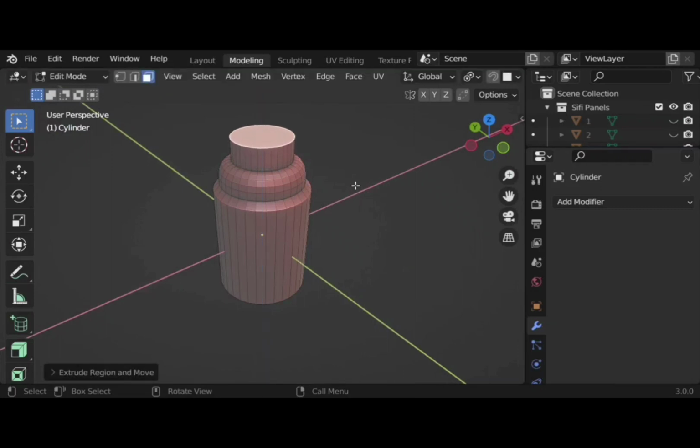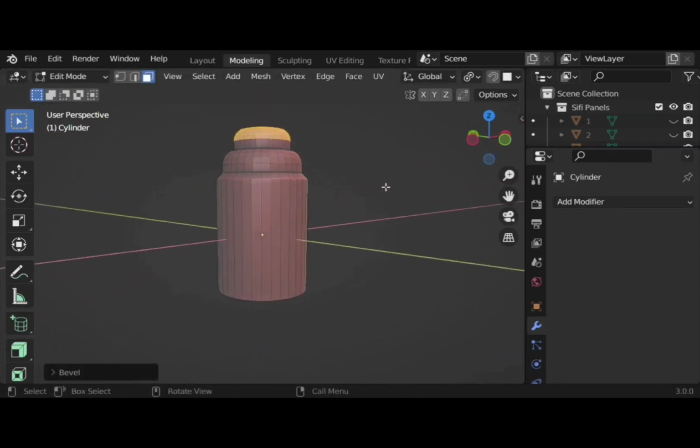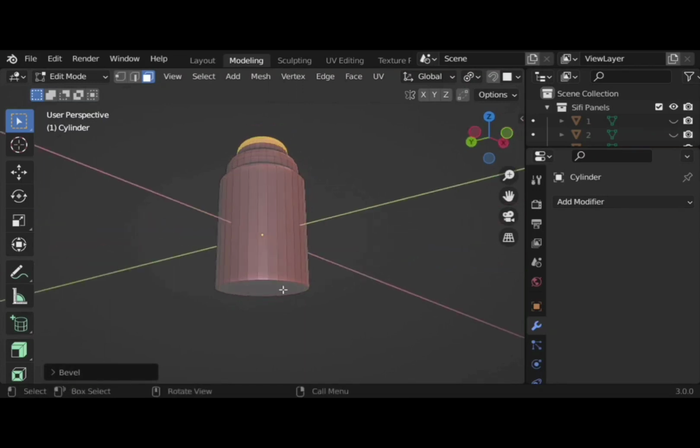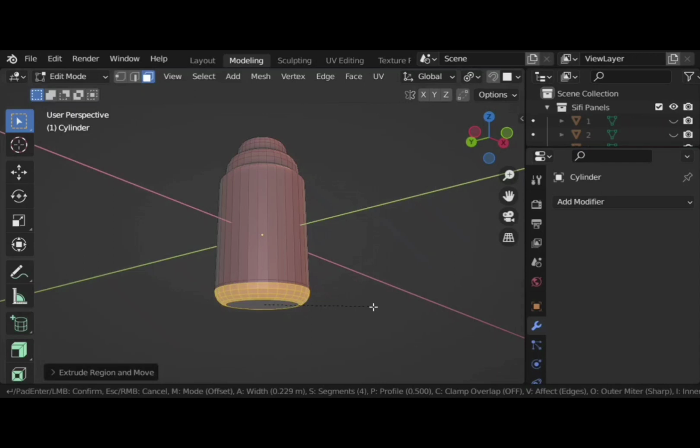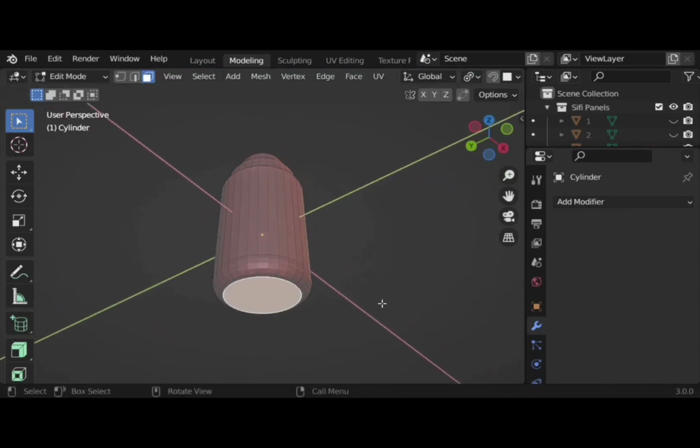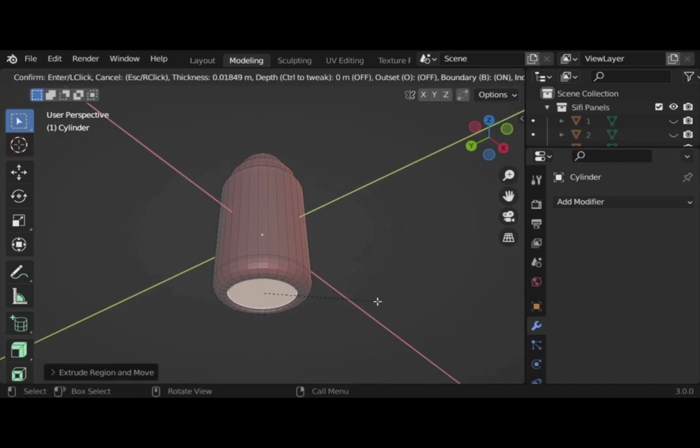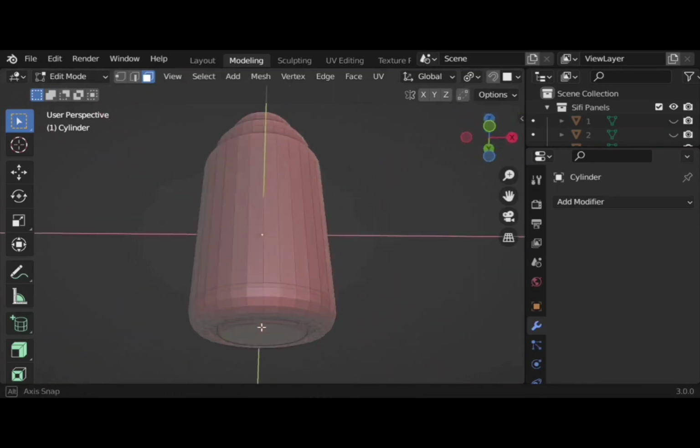enough. So again I'm going to extrude the top face, and I'm going to bevel again with the same amount of segments. Let's come down to the bottom. We can extrude it and bevel it again with the same number of segments. If we select the plane, we can insert it a little bit and extrude it inside. Again insert it and extrude it outside, and bevel it just a little bit, so we'll have this sort of